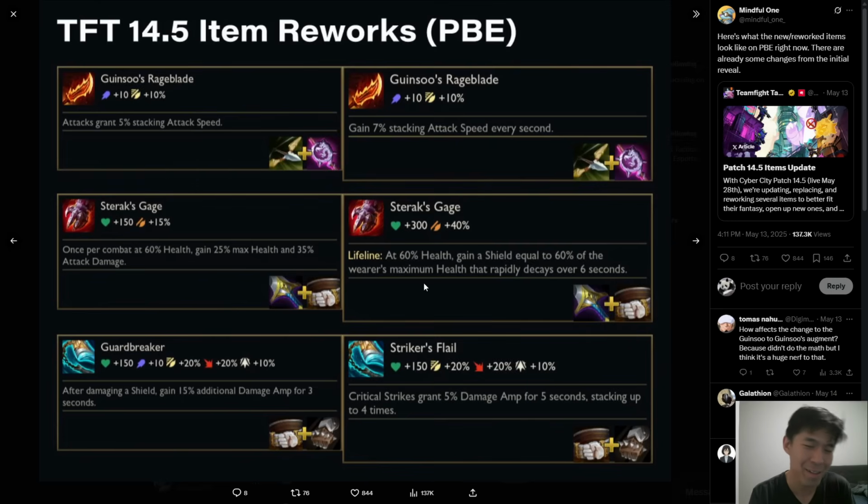So again, I think this is a great change. It just makes the item way more intuitive to use. That being said, for the current set, Set 13, there are just not a lot of good Sterak's Gage users. Nefiri with Trenchcoat. I mean, this will be a little bit better on Zed, but it's not going to be amazing still. Just because Zed